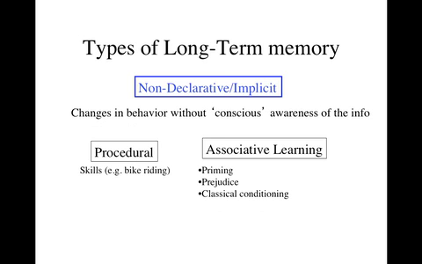In addition to these forms of what we call explicit or declarative memory, we have non-declarative implicit memory, and we already mentioned there's a couple of different categories of this: procedural memories, things like riding a bike, and associative learning. We discussed these three different types of associative learning: implicit memory based on associative learning. This is where you have some association between some experience and some sort of object or category. And this can play out and carry over to one's behavior even if one doesn't remember having those experiences. And so we're going to talk about